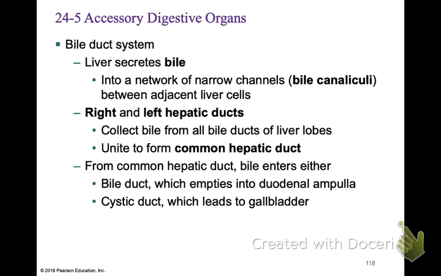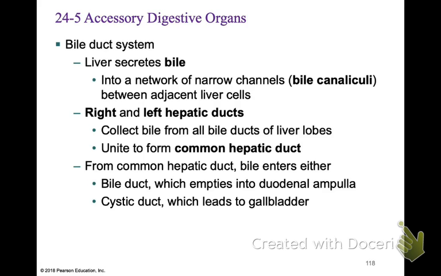All right, so the bile system. It says the liver secretes bile. It's actually those hepatocytes that are forming the bile, and that bile just gets continuously produced and dumps into the bile canaliculi between the adjacent liver cells. These eventually drain into the hepatic portal triad, and eventually those little bile ducts coalesce into the right and left